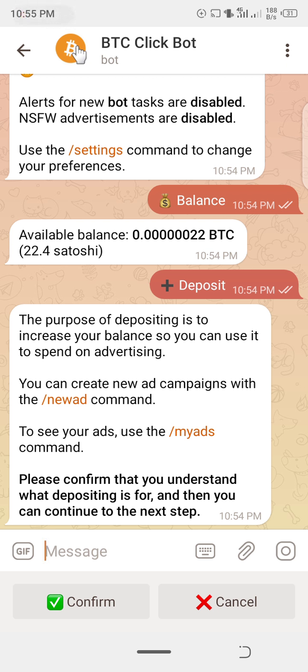It is real and legit, it's trusted. I've been using these bots, no scams at all. So you can use your Bitcoin wallet to pay these bots and also sponsor your advertising. Like this for people that want larger adverts, and it's very cheap, very cheap. Trust me, I'll show you that.